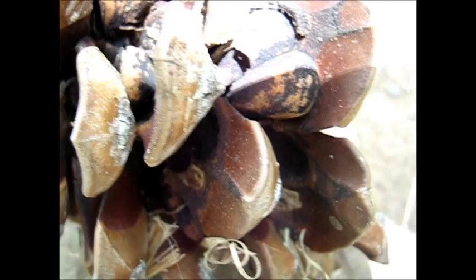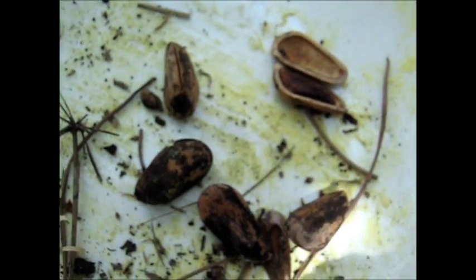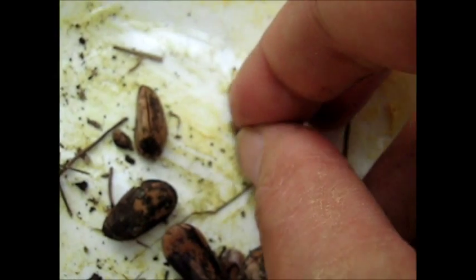And there are the pine nut stones in there. Where are they? There's one in there. There's one. And I've got some here. Of course, these pine nuts have been on the ground for a long time, so they've rotted, but when you open the little cases, you should find a fresh pine nut inside. But this pine cone was on the ground, so they've been rotting in the water. But when the